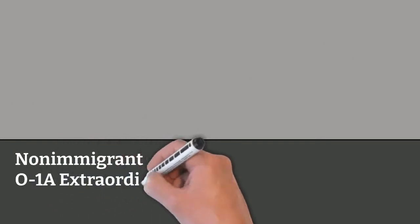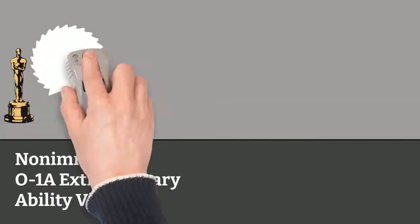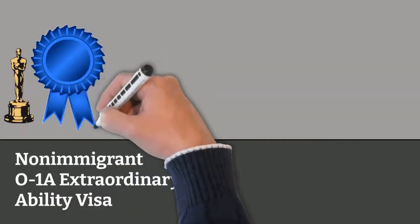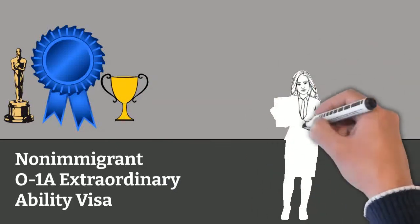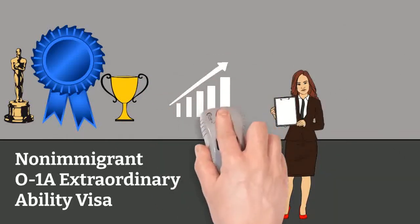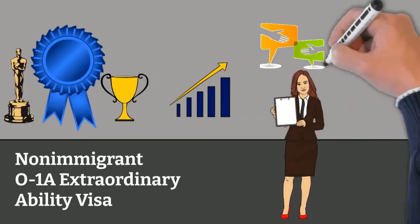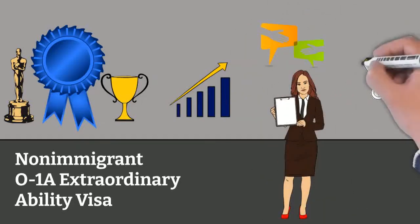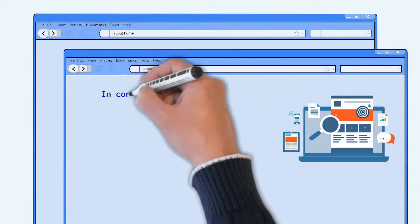Next, the non-immigrant O1A Extraordinary Ability Visa. Although an entrepreneur cannot self-petition for an O1A visa, it is permissible for a U.S. corporation to act as the O1A petitioner and file the application on behalf of the entrepreneur, even if the entrepreneur wholly or partially owns the company. The core of qualifying for this visa is the influence and recognition the entrepreneur has already garnered in his or her field of expertise. In contrast with the E-2 visa, which focuses on the investment, the focus of the O1A